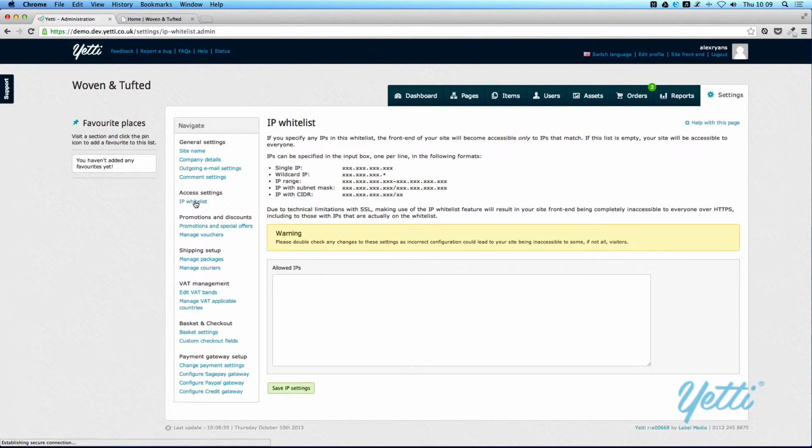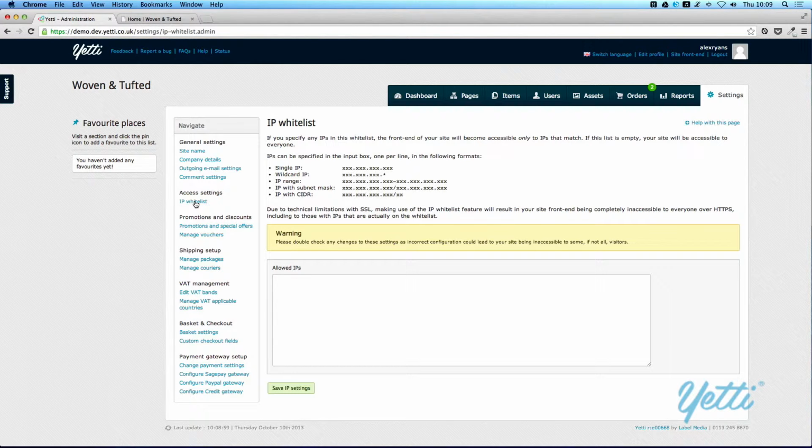Access settings then holds your IP whitelist. Now this may seem a little bit technical, but don't worry, I'll explain it in full. If you have a scenario whereby you have an internal tool, in this case a website, that you only want one section of your company to access, for instance, you only want a web team to be able to access